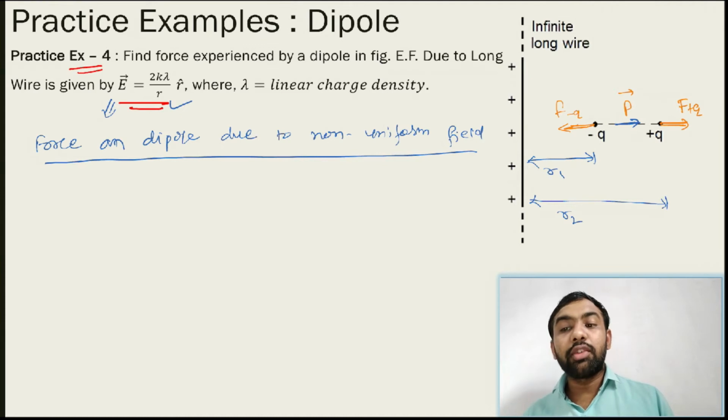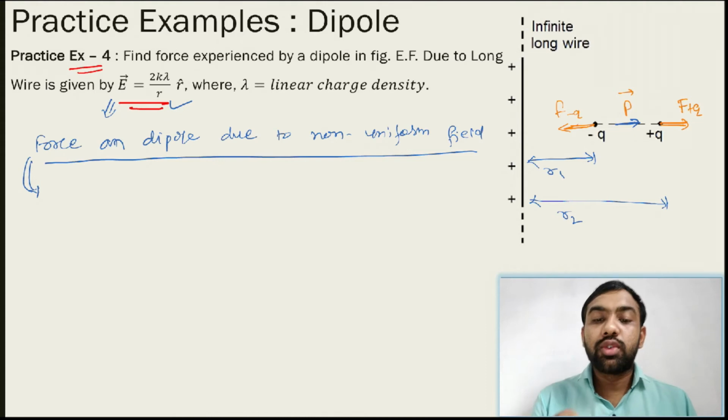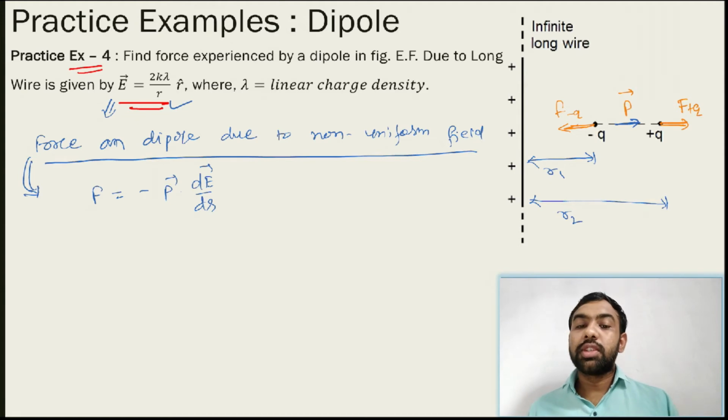If the electric field is different, then we cannot directly use force is equal to KQ upon R like this. So here we would use Q into E1 and Q into E2. But R1 and R2 are unknown for us right now. So use this special case we already derived in the previous sessions. The force on the dipole is given like this: force is equal to minus P dot dE by dr. Force is equal to what?